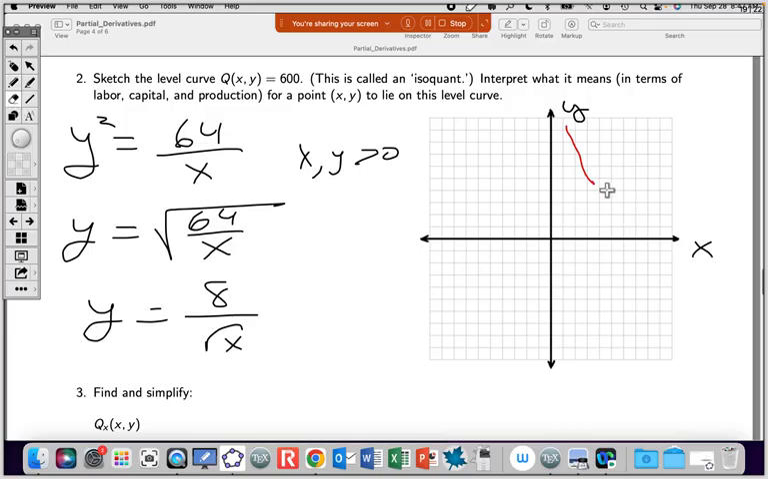Whoops, could draw it. Okay, and we'll fire up GeoGebra here in a minute and show you that. So what does this mean? This is sometimes called an isoquant. So when you see the word iso, it means same. So this is the curve, and any point on this curve,